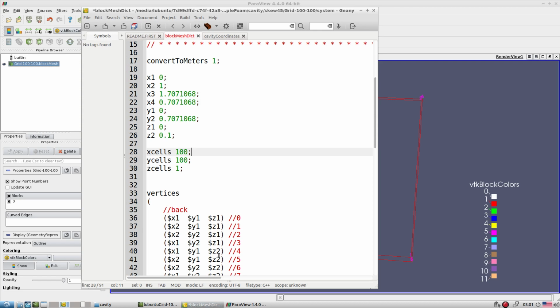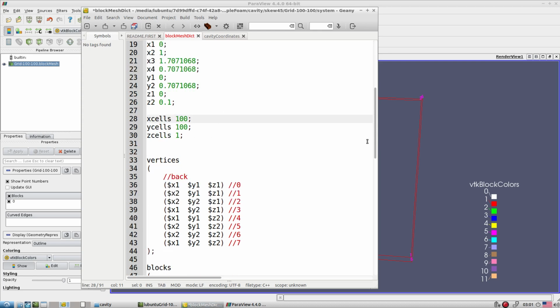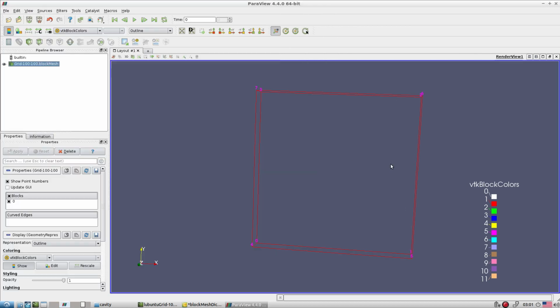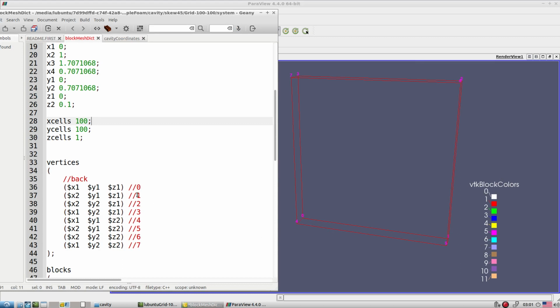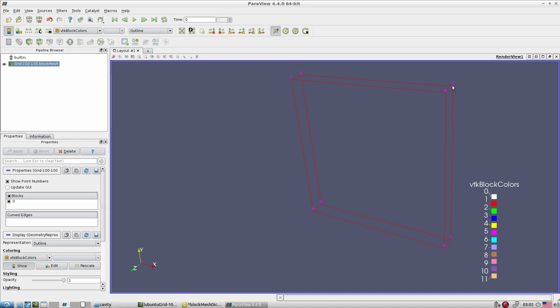So now let's modify. First is point 0, so for that x1 y1 z1. For point 1 we require x2 y1 z1. For point 3 it is now not x2, it is going to change. That is this point, this point and this point.